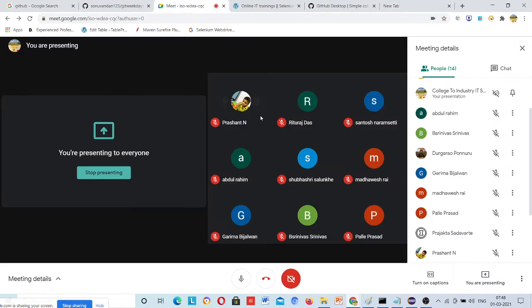Without doing these steps, you cannot do anything with GitHub. The software that you have downloaded, just install that software. Then only you can start with GitHub.